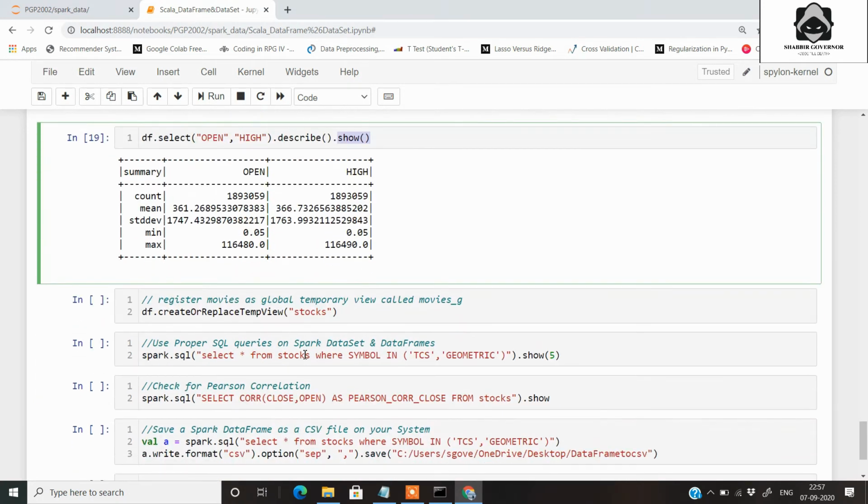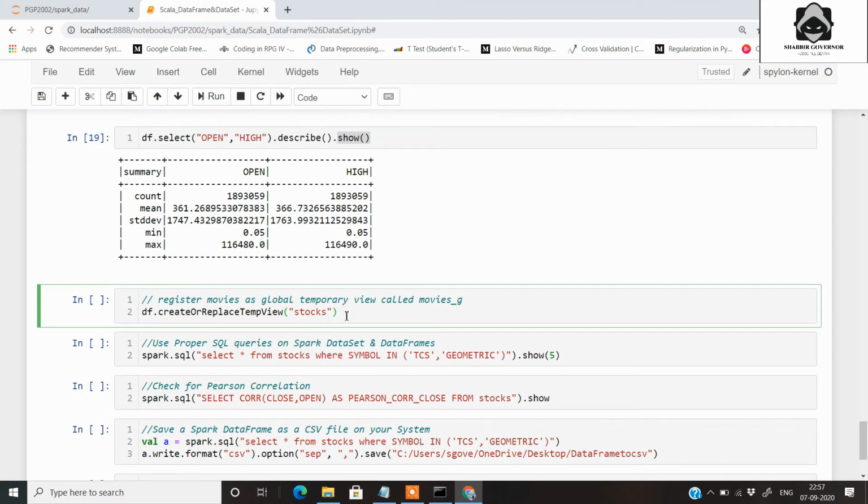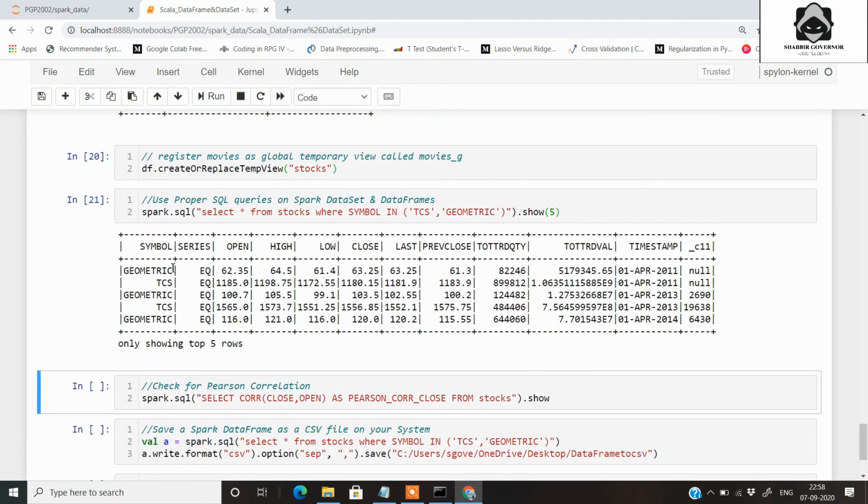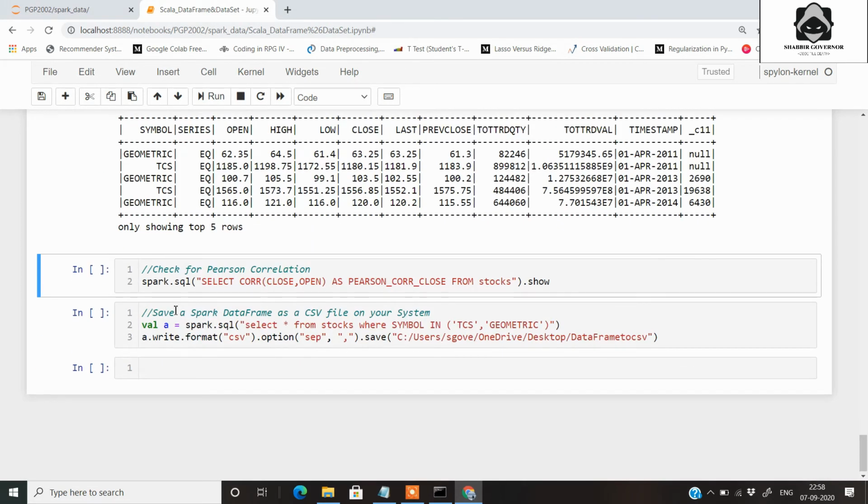Lastly, if you want to properly perform SQL statements on your data frame that is captured in the Spark session, you need to create a view of your data frame first of all. So I have created a temporary view here using the createOrReplaceTempView function, and I have named it stocks. So let's run this thing. Now your temporary view stocks is created, and now you can query using proper SQL syntax with the Spark SQL function, and using show you can print it in the form of a data frame. So you can see here, using proper SQL you are now getting a Spark data frame with various conditions.